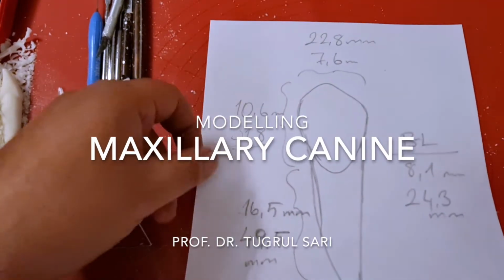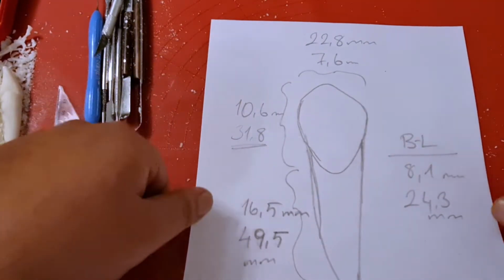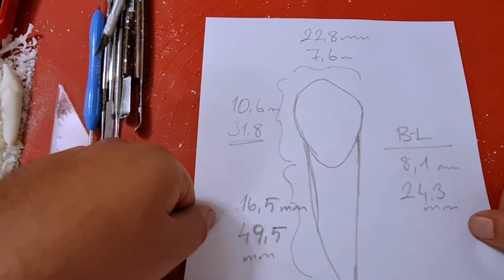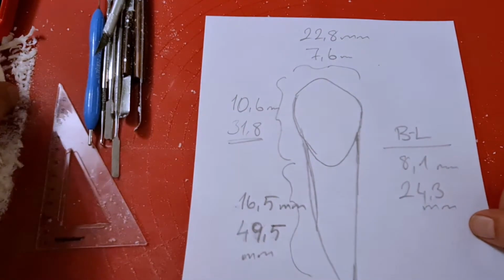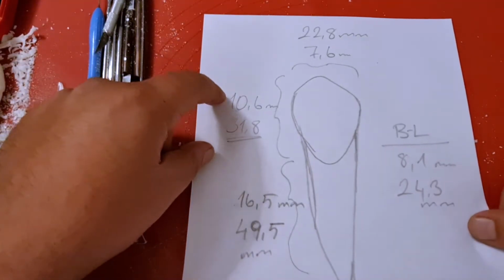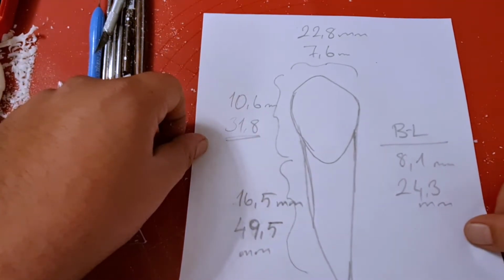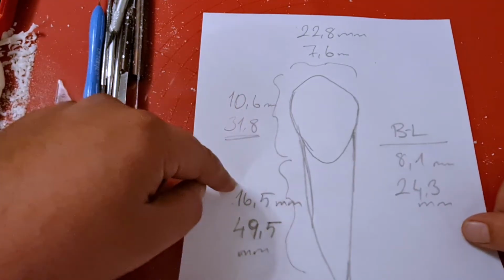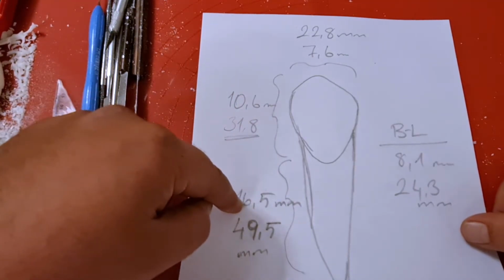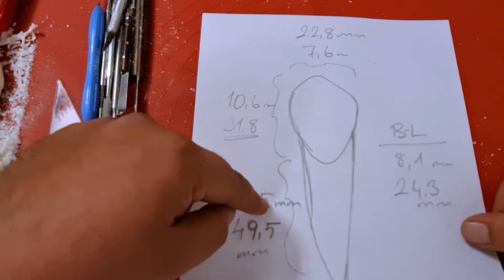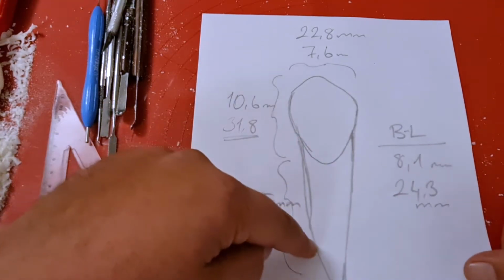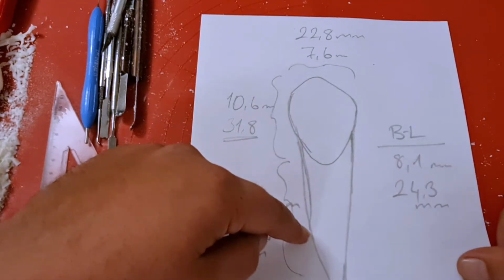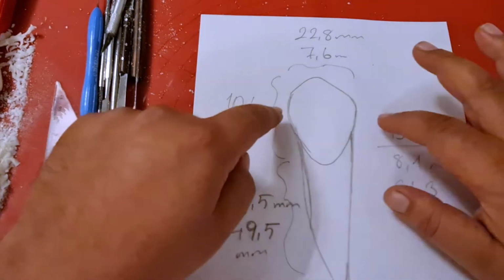Hello friends, in this video I will show you how to modulate the maxillary canine tooth, and these are the dimensions for the maxillary canine tooth. The crown length is 10.6 millimeters, the root length is 16.5 millimeters. It is the longest root in a mouth in adult teeth, as you know,